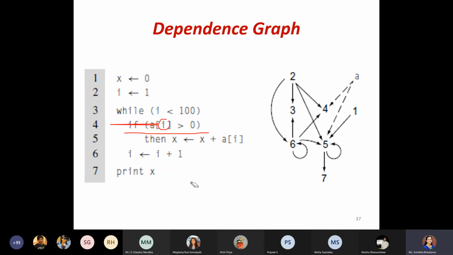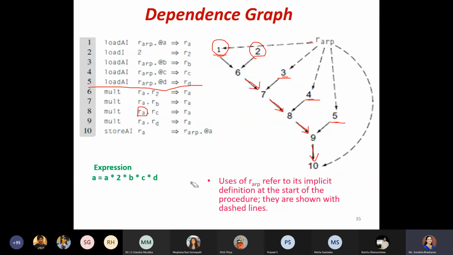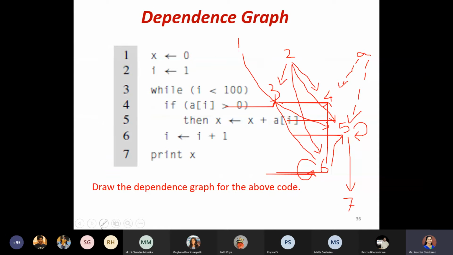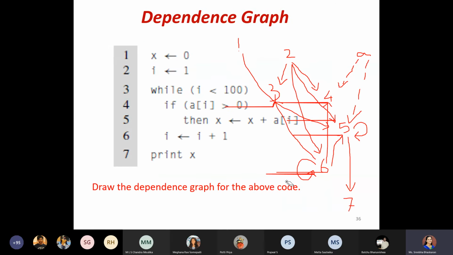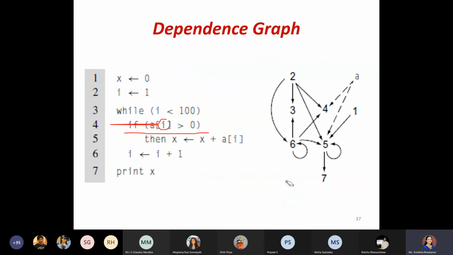In one example we have seen the sequence of contents, which are dependent one after the other, so the graph was drawn in this pattern. I'll just erase everything. It was dependent one after the other, so the arrows looked like a tree format. But in the second example we have a loop used.